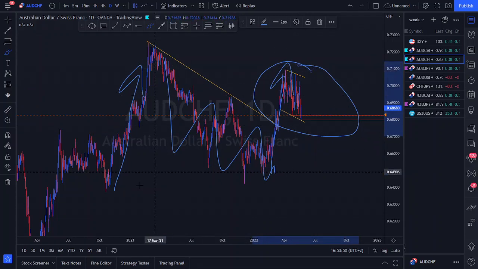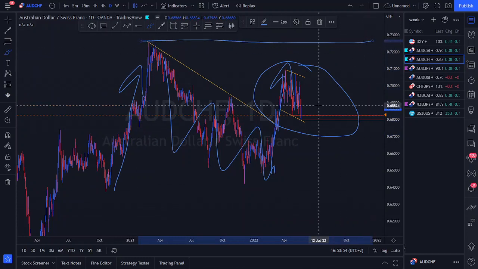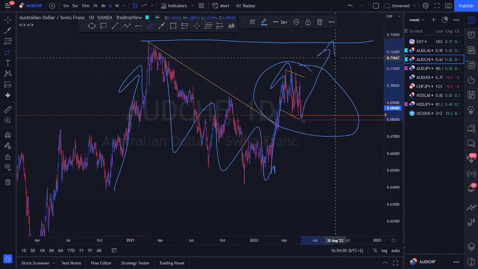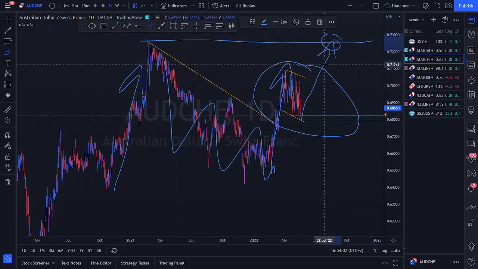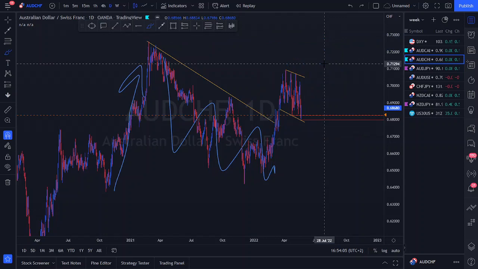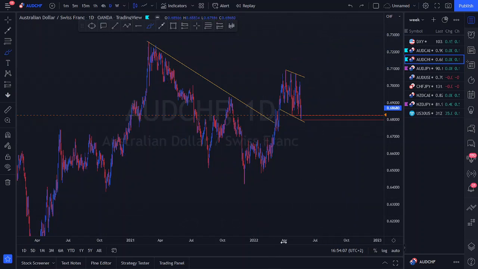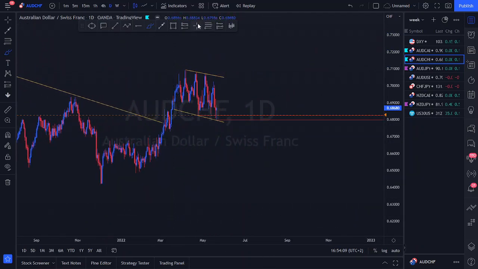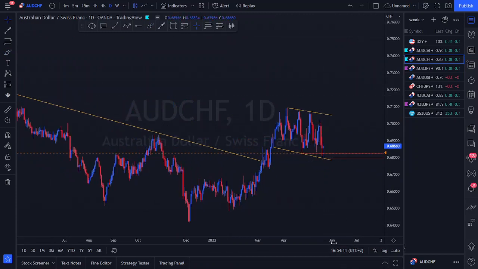We can observe that this overall larger corrective structure has not completed at the 90% rule yet, and so there is or could be a potential objective for a nice impulse, correction, and impulse towards our third touch area over here. So that being our overall consensus, or at least a general understanding of what's happening on that higher time frame, let's just zoom in a little bit more